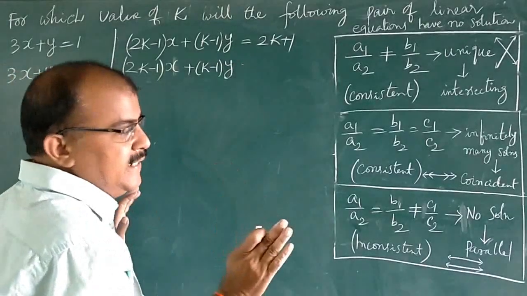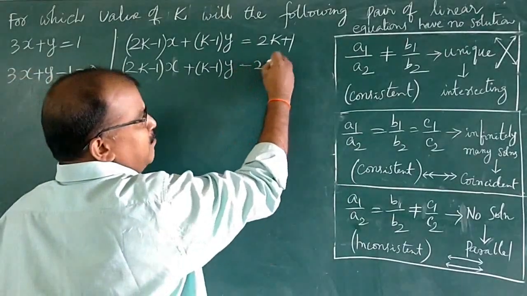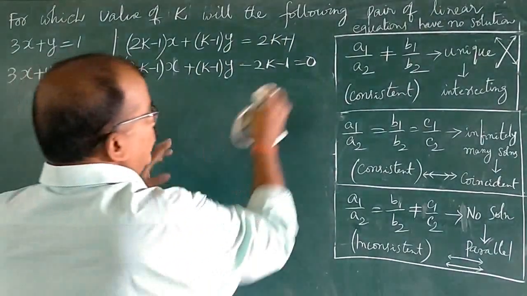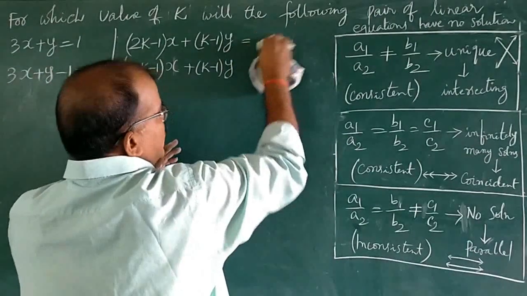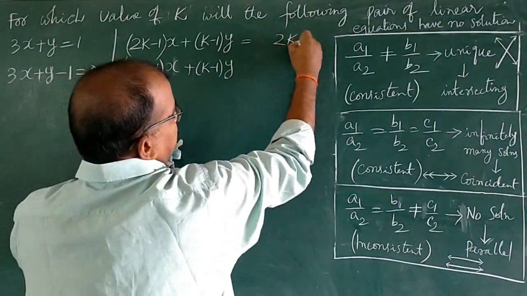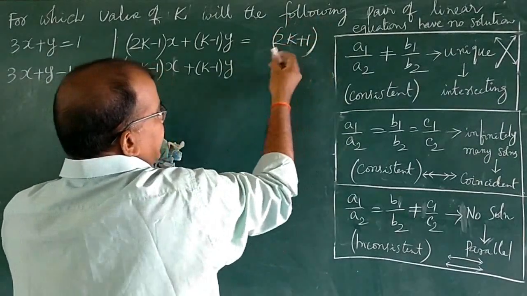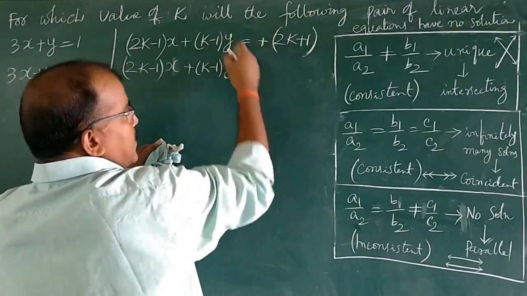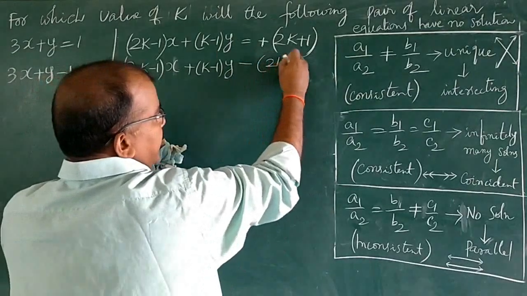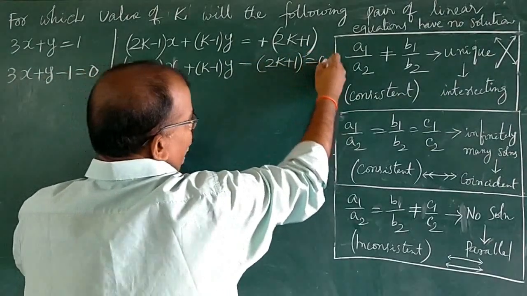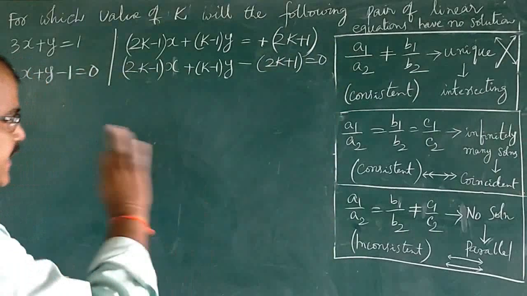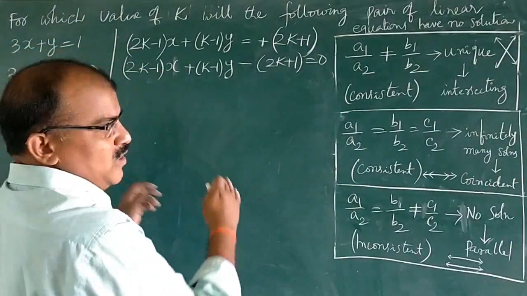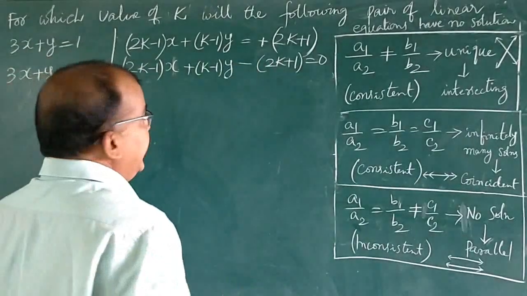Here you could write minus 2k minus 1 is equal to 0, but that is fully constant. Better you take this as nothing but actually 2k plus 1. Better you keep it in brackets. Here there is no symbol, in the sense a plus symbol, so that plus will be transposed: minus (2k + 1) = 0, as it is written. Understand? This is a very, very important point. Don't write it separately as minus 2k minus 1, you will get confused. That is also the same meaning.